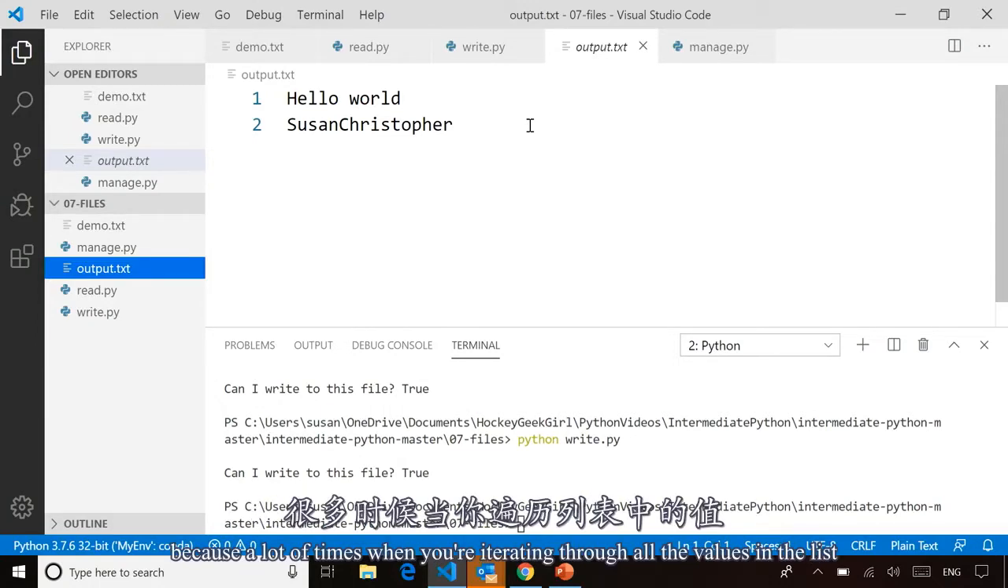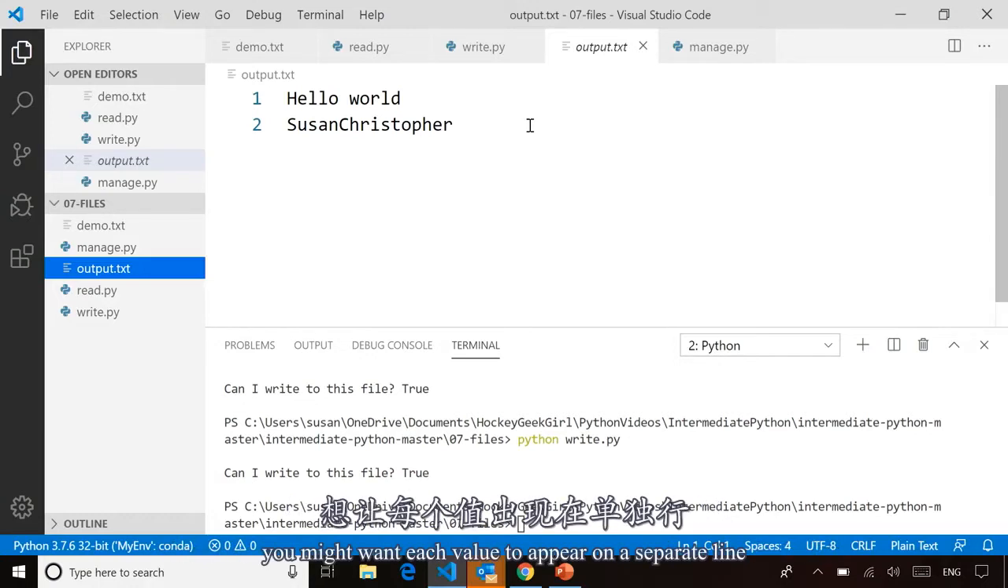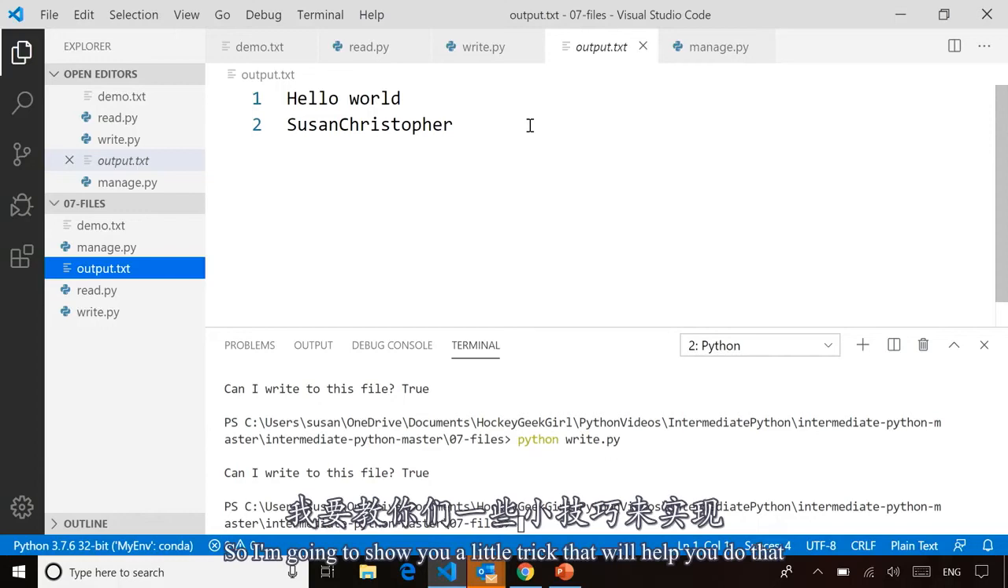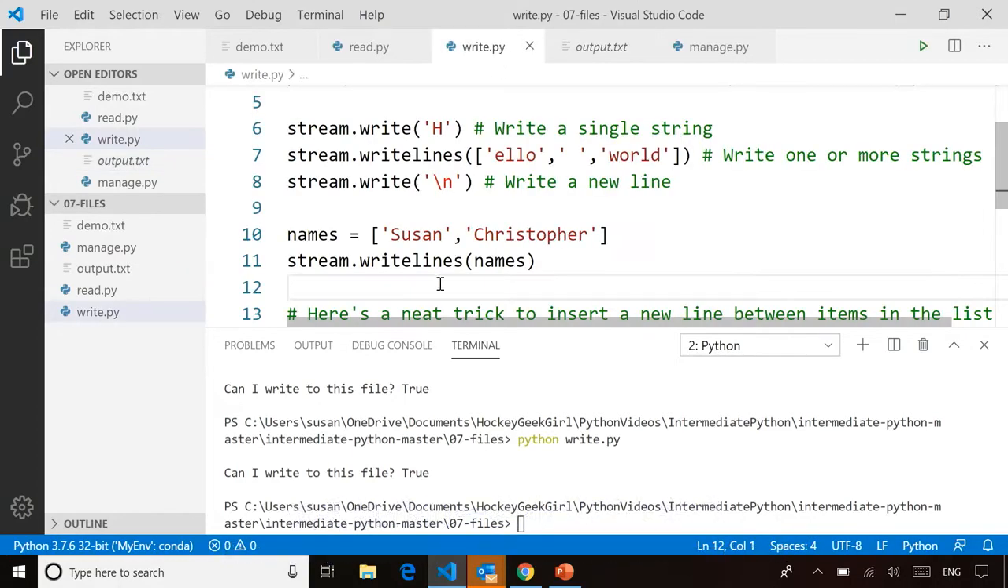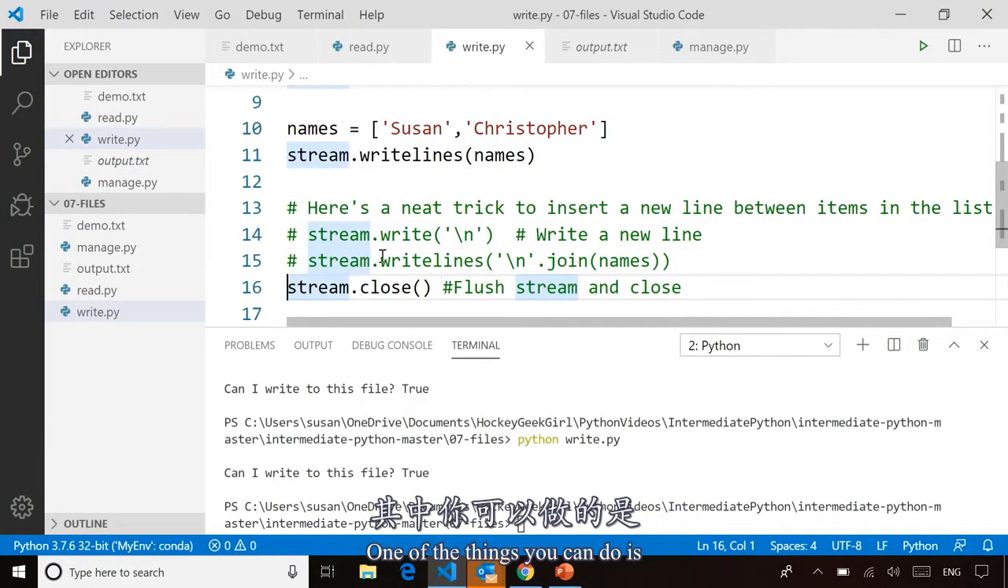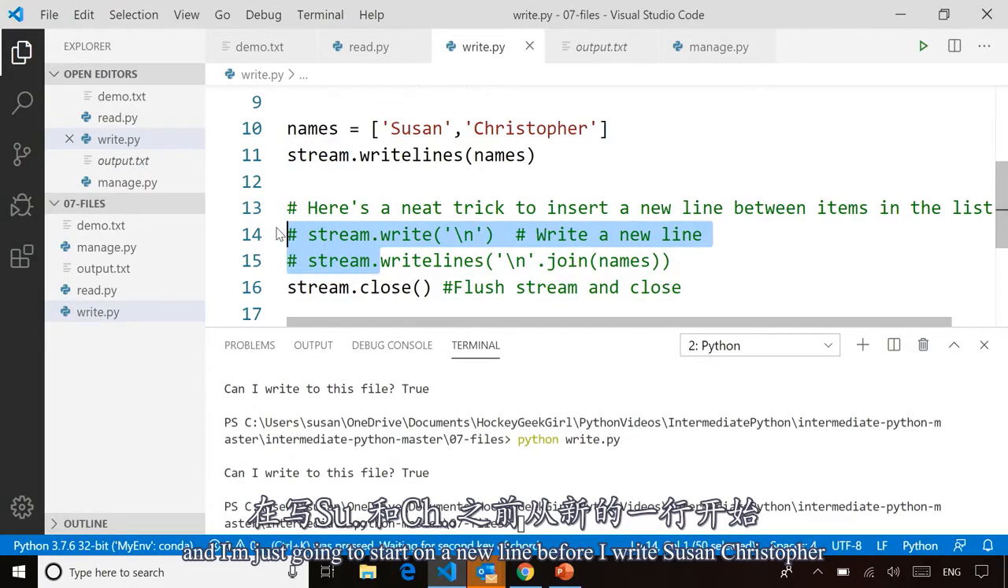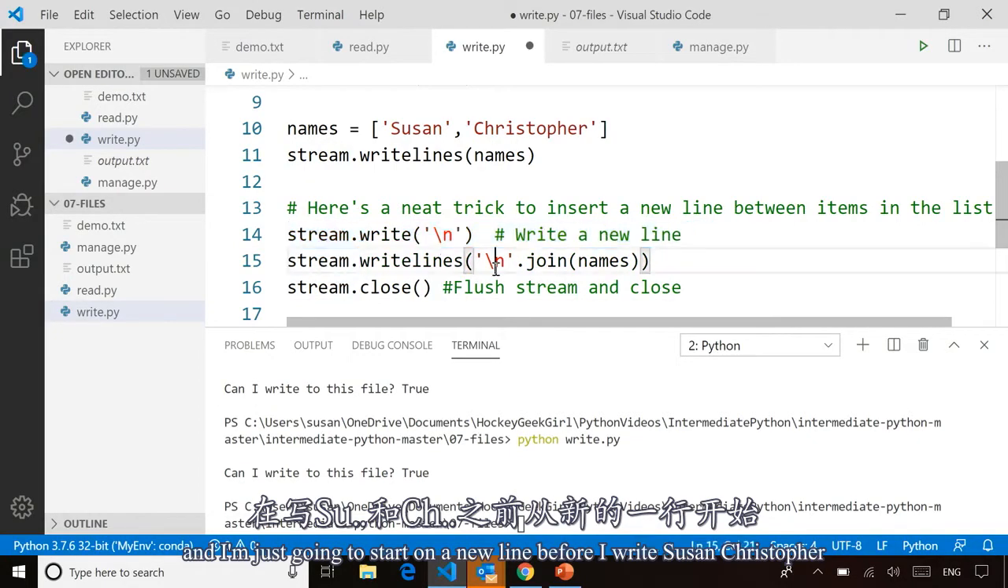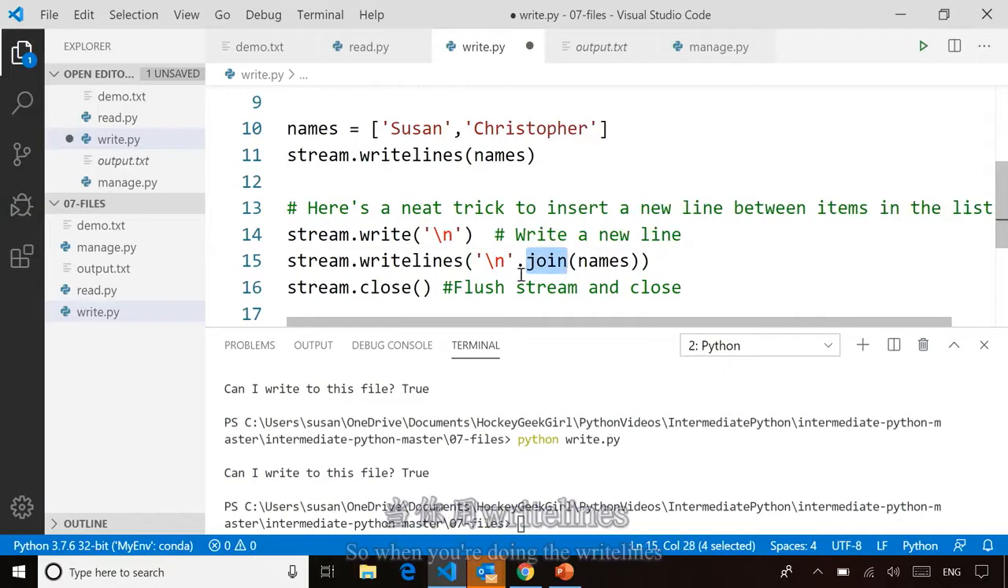Because a lot of times when you're iterating through all the values in a list, you might want each value to appear on a separate line. So I'm going to show you a little trick that will help you do that. One of the things you can do is, and I'm just going to start on a new line before I write Susan and Christopher, is you can use the join command. So when you're doing the write lines, you join a new line